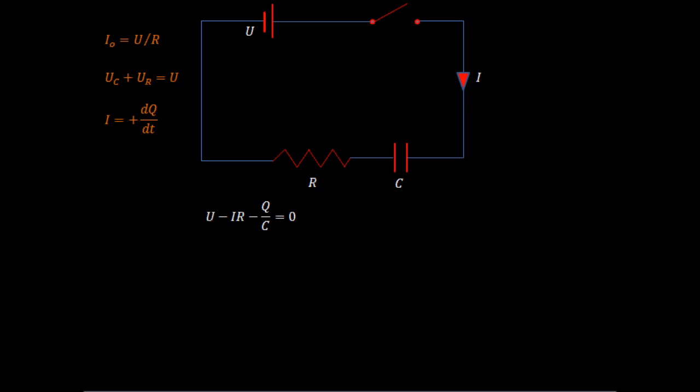Sometimes this is written in a different way. Sometimes it'll be all three on the left and then it'll be equal to 0, but don't get hung up on small details. Different books do it differently. So if you have a book that says it the other way, just accept it. You can always rewrite it yourself. I don't know that any one way is better than the other. So